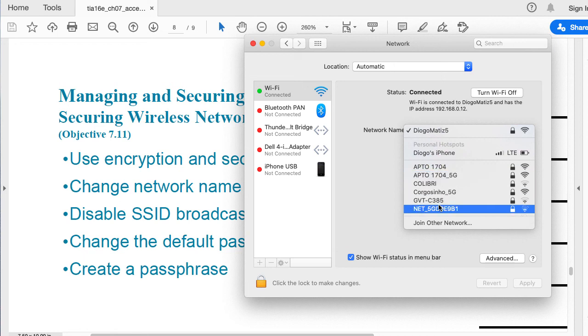I also have, which I can't see here, the same one ending with 2, Diogo Meires 2. And these other ones are from my neighbor apartments. Now, first of all, change the network name. Why are you supposed to change the network name? Well, because you don't have to have that standard.